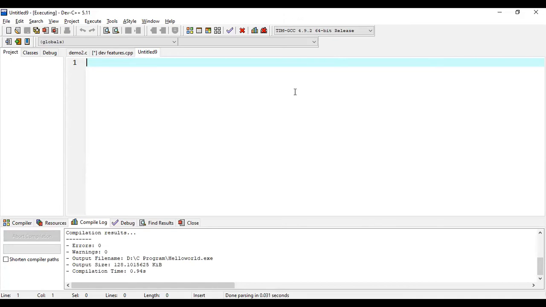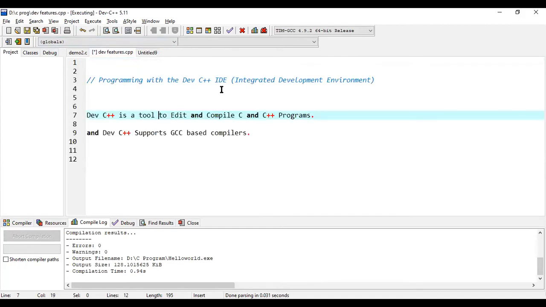In this session, I'm going to demonstrate how to write C programs in Dev C++ IDE. Dev C++ IDE is an integrated development environment tool.